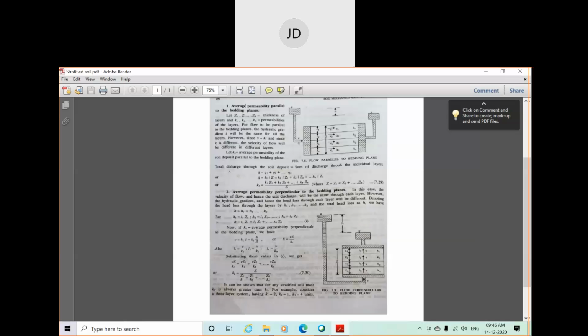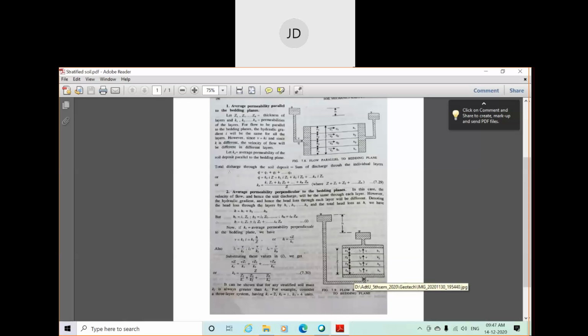In the first case, that means when the flow is parallel to the bedding plane, your Q, that means water, is distributed to each layer at the same time. But it is not the case for the perpendicular flow case. In this scenario, water flows through layers one by one, not at the same time. That's why you can say each soil layer